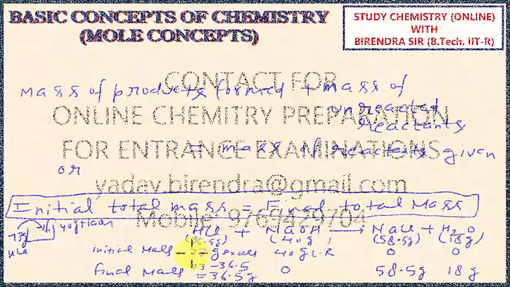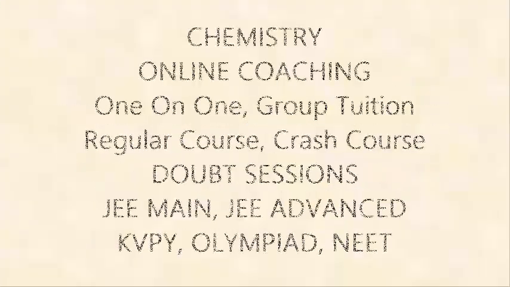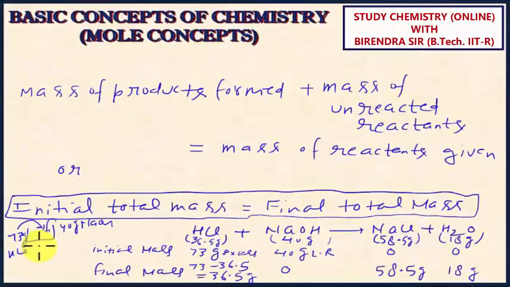My point is clear. Now what is the total initial mass? Initial total mass is 73 plus 40, and that is 113 gram. Now finally look at the products: 58.5 plus 18, and this value is 76.5. If you do not add the unreacted reactant, your mass of the product will not be equal to the mass